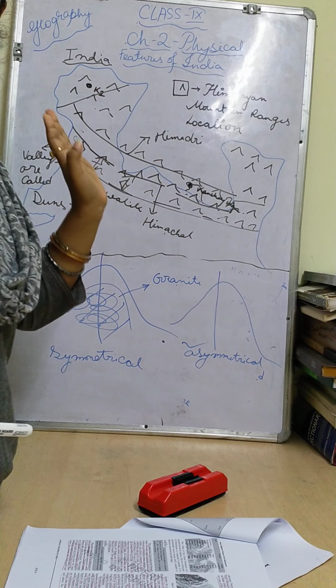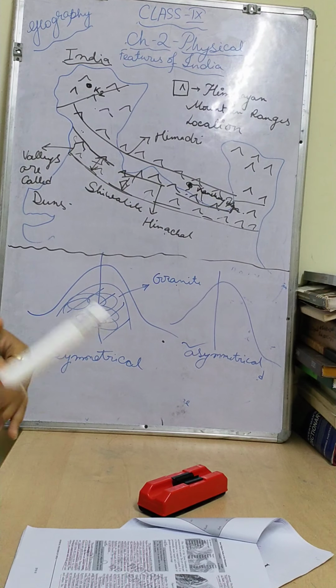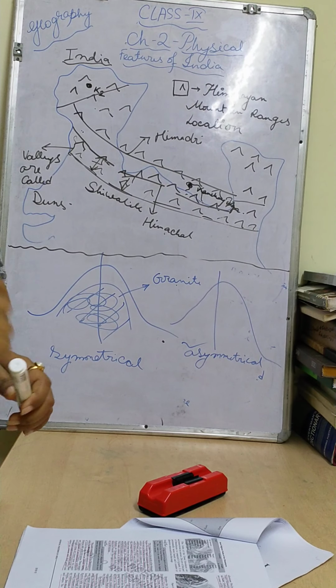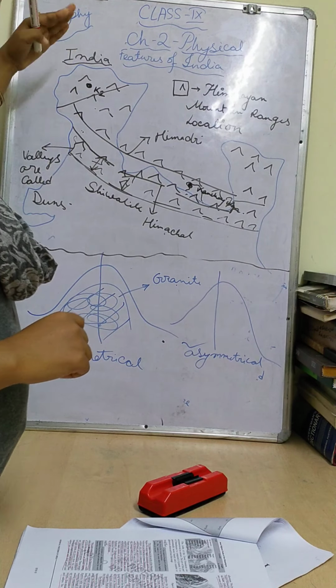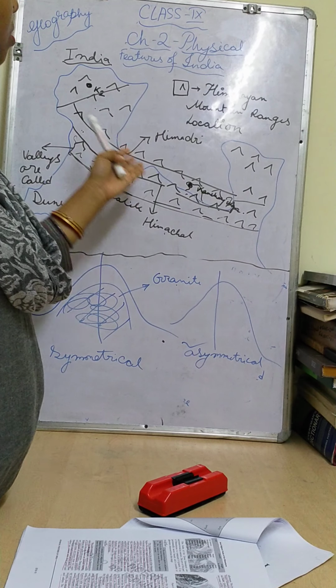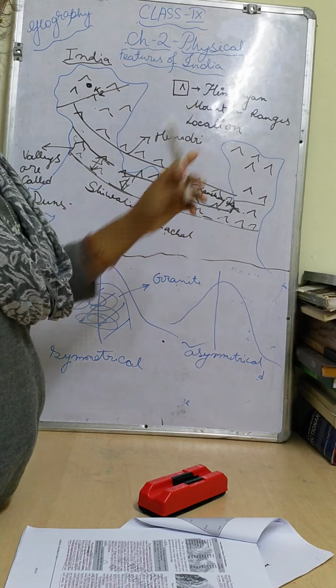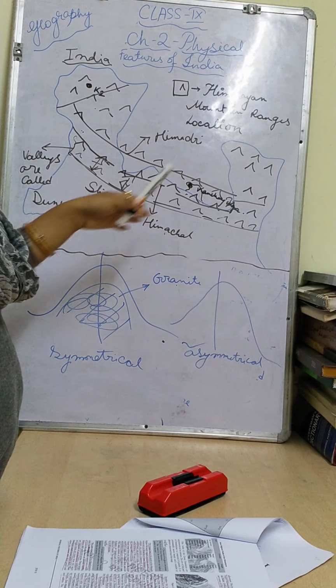This much only I have explained today. Next day I will explain the regional basis divisions. Regional basis division means the Himalaya covers so many states. I will just take the names: Kashmir, Himachal Pradesh, some parts of Uttarakhand, and also some portions of Nepal, and West Bengal some portions, and the Northeast seven states more or less, right? So Arunachal Pradesh and Assam also, right? Those portions also come under this.